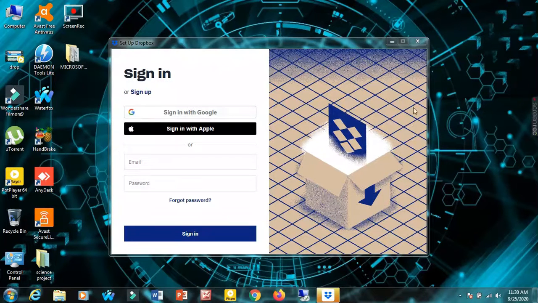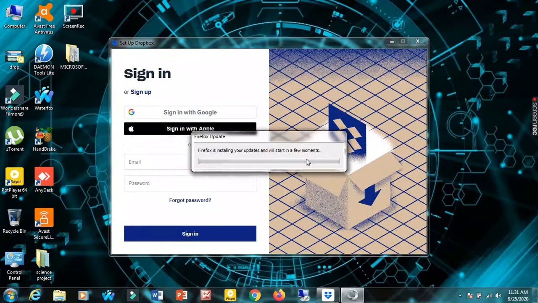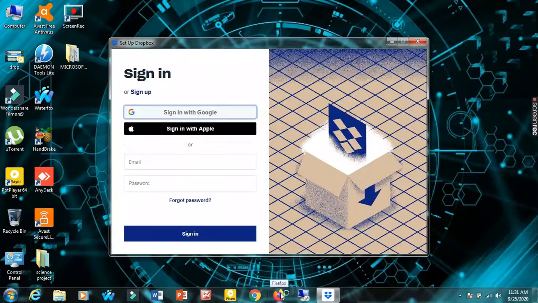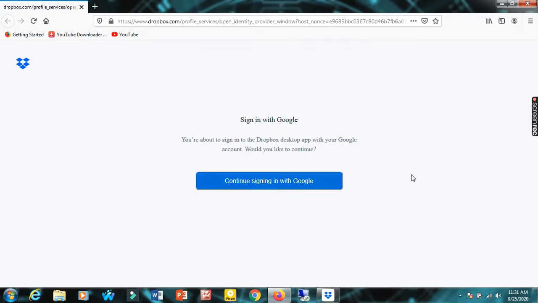My installation is complete. Something like this comes. Over here, you can simply go to sign in with Google. Click over here. Click upon yes. So basically what it will do is it will try to communicate using the Firefox browser. Since my default browser is Firefox, yours might be anything, Chrome browser or Internet Explorer, anything like that. Okay. So it will redirect you to Google so that you can enter your Google Drive.